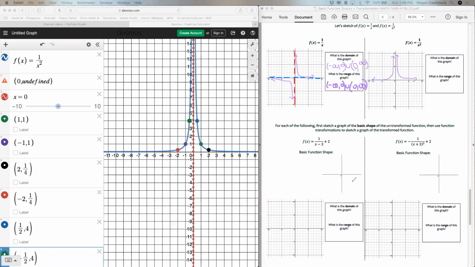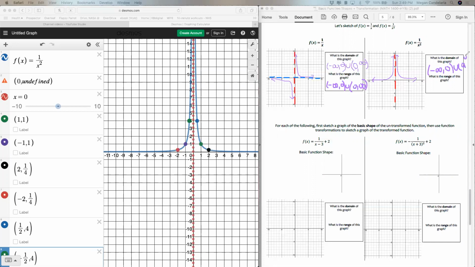Okay, so let's talk domain and range, and that's also going to let us think about our vertical and horizontal asymptotes, just as a little introduction. I mentioned earlier that this also has a vertical asymptote right here at 0, meaning our graph can't cross that line. That means our domain can't take on 0, which again makes sense because what happened when we tried to plug in 0? We got undefined. So our domain is negative infinity to 0, throw out 0, union with 0